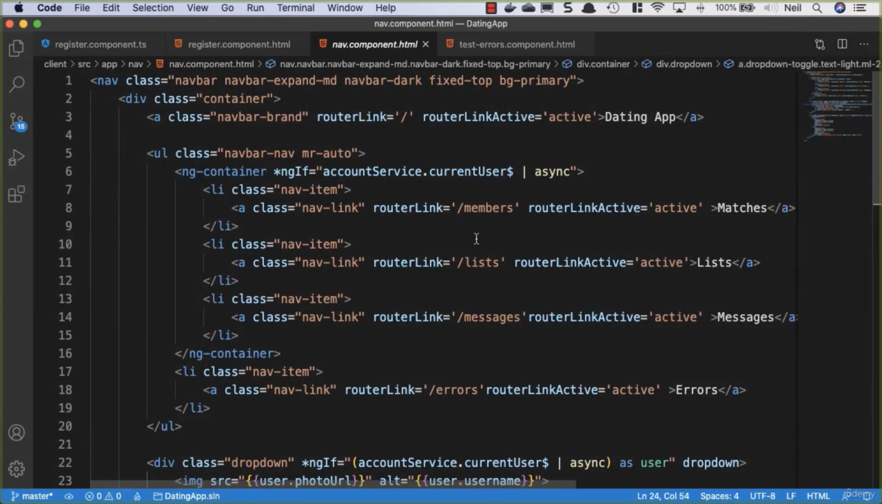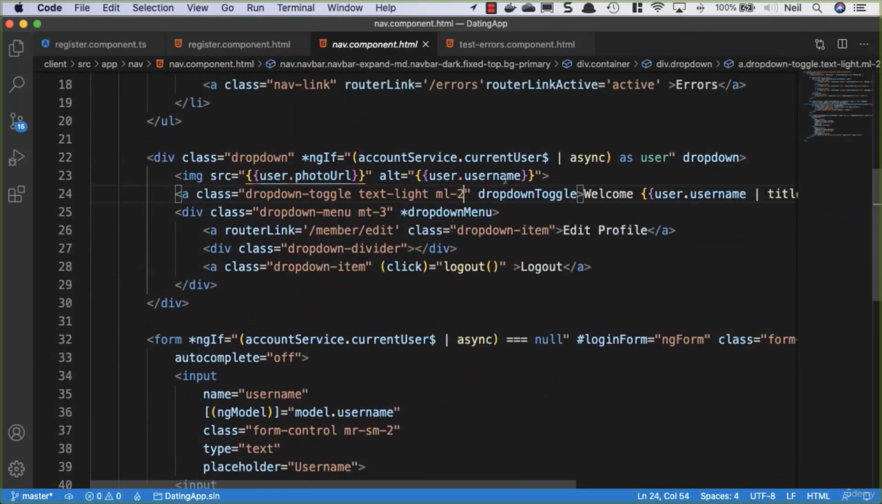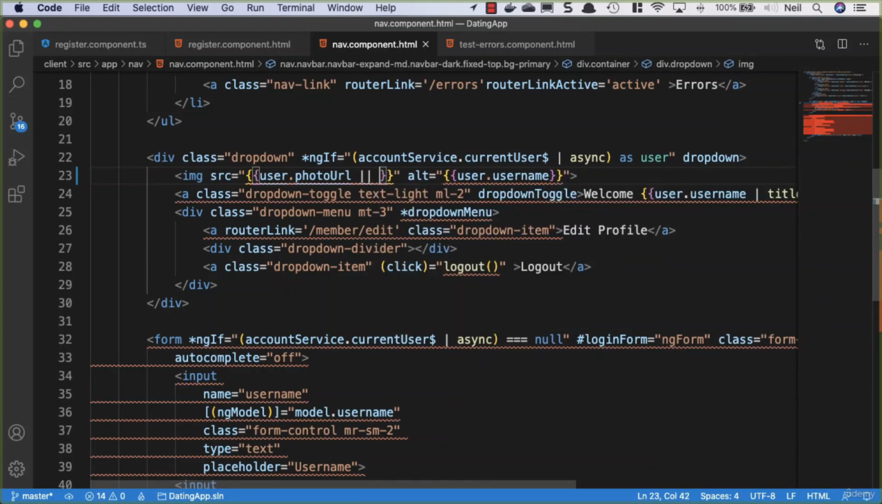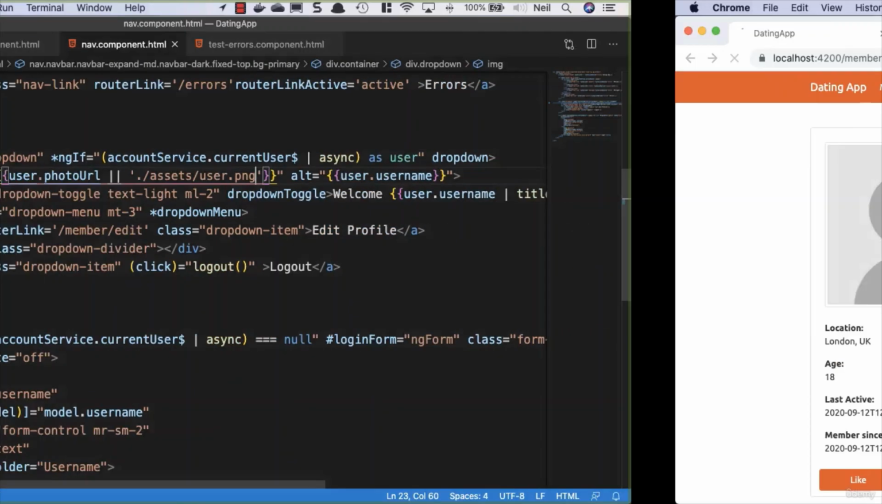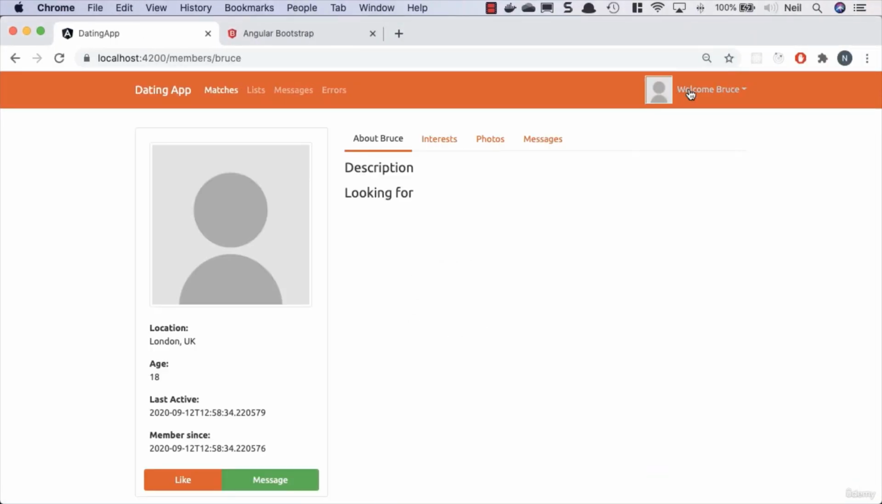and what we'll do is head up to where we're displaying the user's image, and we'll just add the OR property, and then we'll add /assets/user.png, and let's go back to the browser, and now we see the default image there, or the placeholder image,